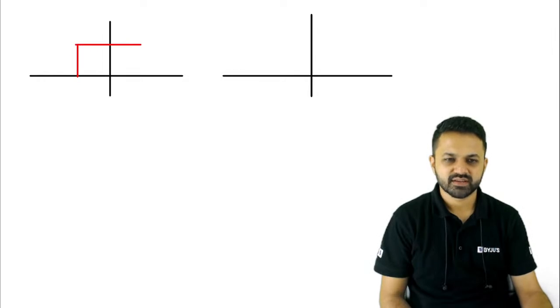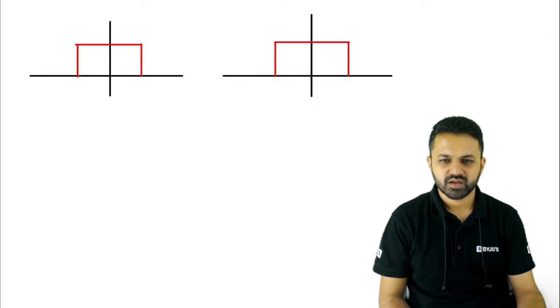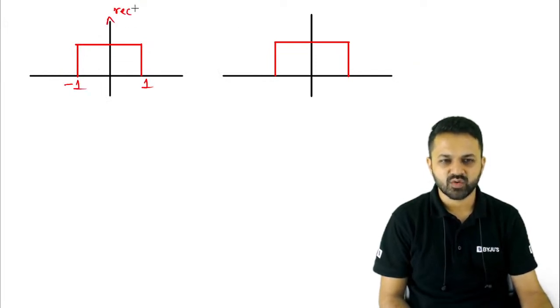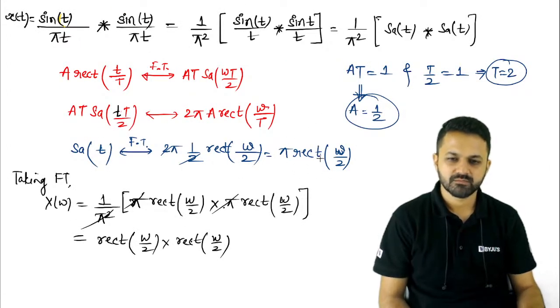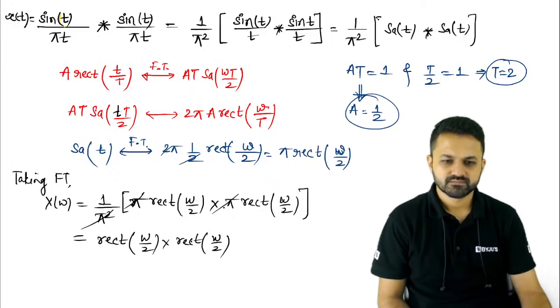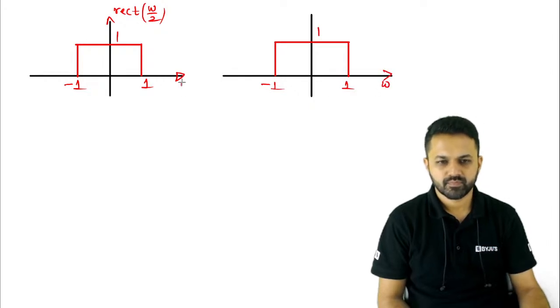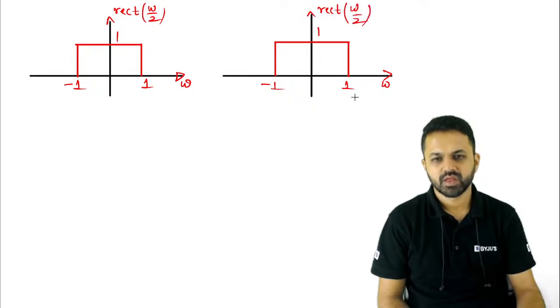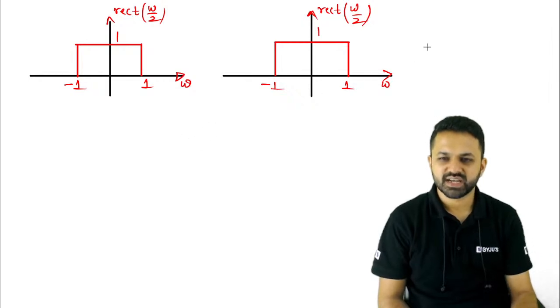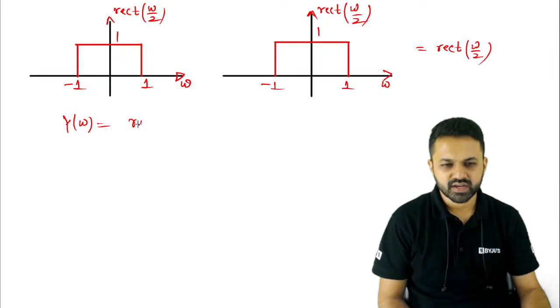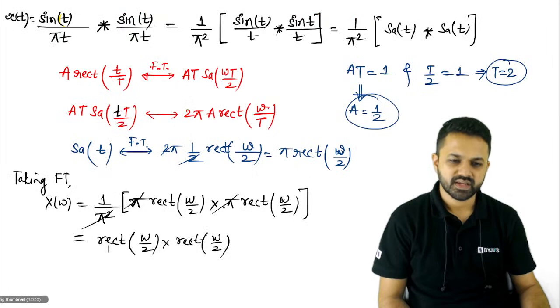ω बाई 2 मतलब विड्थ इसका 2 है। T कितना आया था देख लेते हैं एक बार, T 2 आया था, यस ω बाई 2 है, तो यहां से −1 से 1 तक ये आपका रेक्टेंगुलर ऑफ ω बाई 2 मैं बना रहा हूं, हाइट इसका 1 है। तो इन दोनों को मल्टीप्लाई करोगे तो सेम ही रिजल्ट आएगा ना, 1 को 1 से मल्टीप्लाई होगा तो रिजल्ट हमारा रेक्टेंगुलर ω बाय 2 ही आने वाला है। तो तुम्हारा Y ऑफ ω रेक्टेंगुलर ऑफ ω बाई 2 आ गया। ठीक है, यानी कि यही आ गया सेम रिजल्ट।